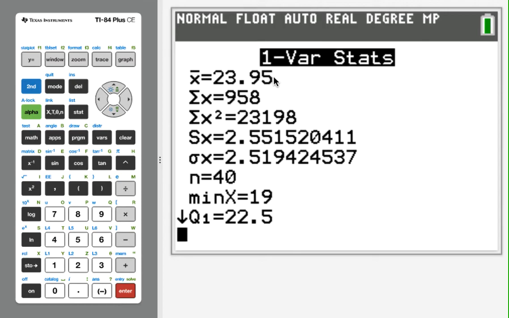That means on average, the number of chocolate chips that these Chips Ahoy cookies have is 23.95, or about 24 chocolate chips per cookie. It's not bad if you like chocolate chips. This little symbol here is sigma, right? If you remember from the original lecture, sigma is just a way of writing to sum over all. So we are summing over all of the x's. In other words, this is the sum of all of the data values. If we took all 40 of those chocolate chip counts and added them up, we would get 958. If we squared those values and then added